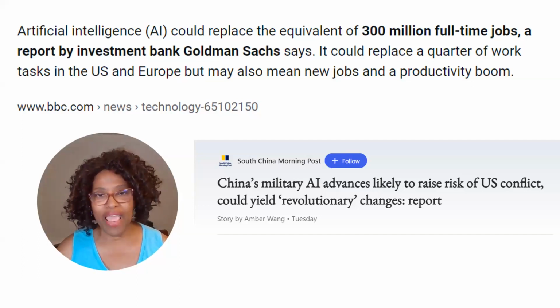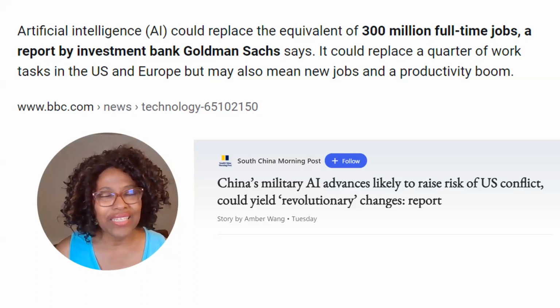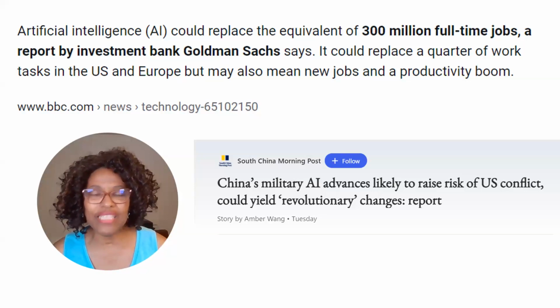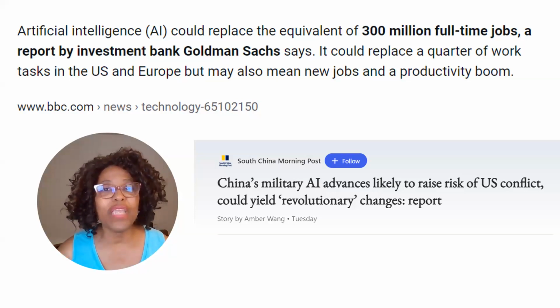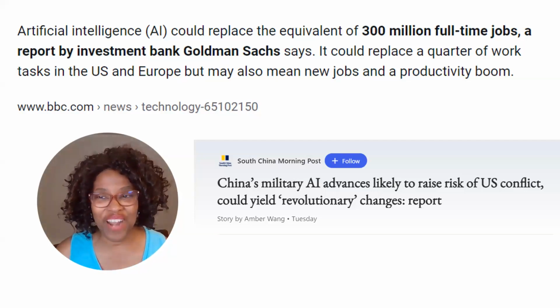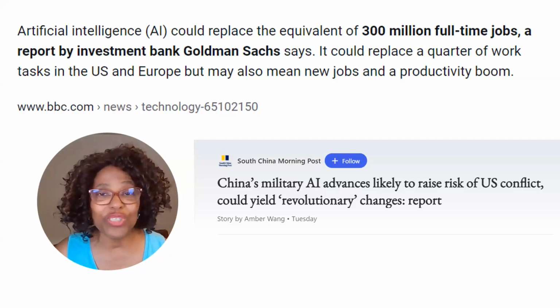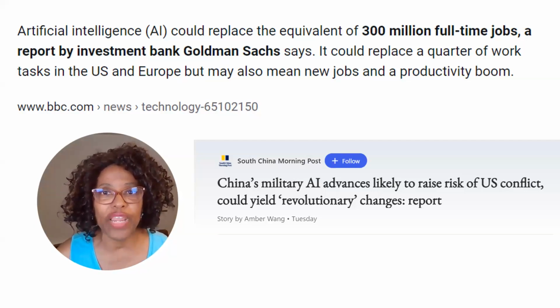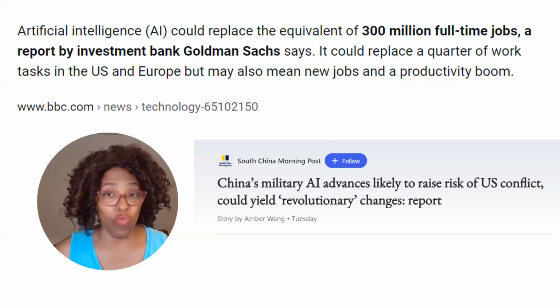Now, the truth of the matter is, none of this is really true. It's kind of false. Let me tell you what I mean. AI is neutral. It is like a hammer. With a hammer, you can build a magnificent architectural structure, right? And with that same hammer, you can go out into the street and bash in a stranger's head. AI is a tool, so we can't blame it for what will happen,